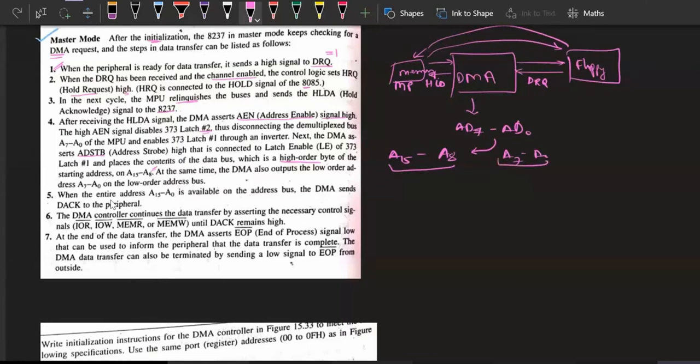Okay, so once the complete 16-bit address has been activated, and the data is there, the DMA, once this address is available, will acknowledge to the peripheral device that it has completed all the setups to transfer the data. Once the DMA is ready with all the configurations, it will send the DACK, that means DMA acknowledgement,